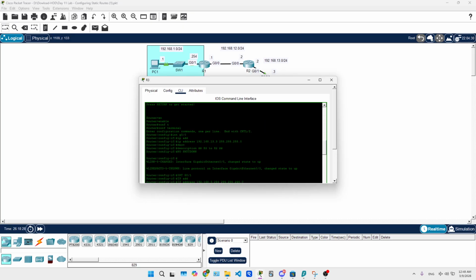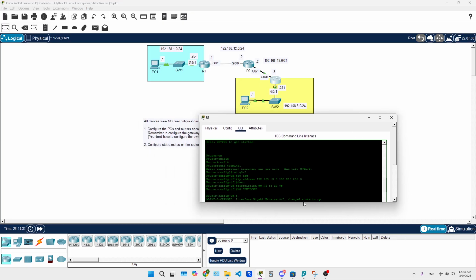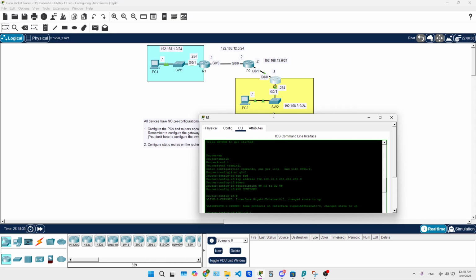Okay, same thing. You want to access the router by going into privilege mode, from user to privilege mode. You can see here, I configure terminal to access the configurations of router 3, and then I go ahead and access